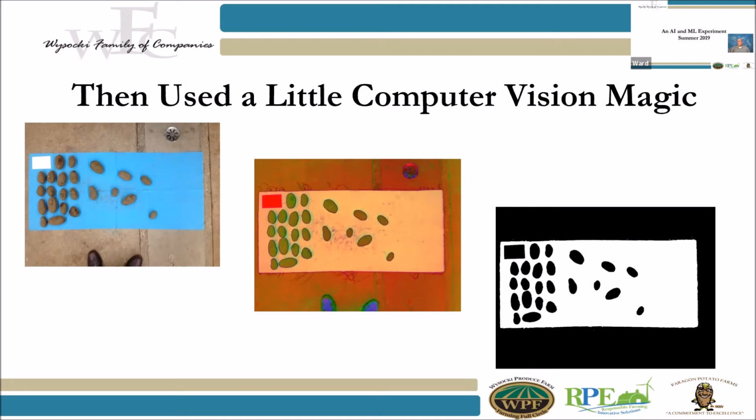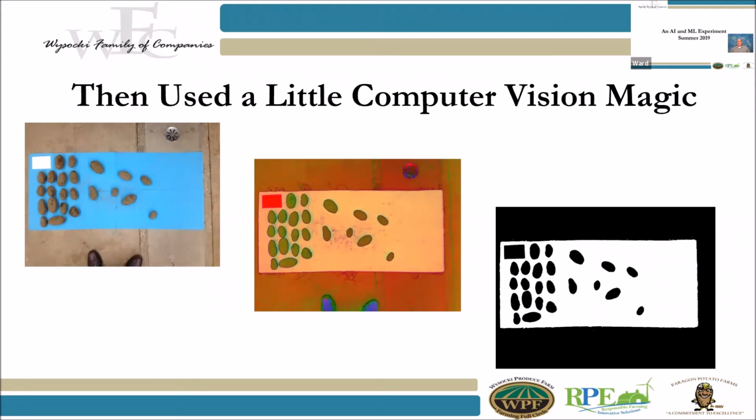The reason we put the card in the upper left corner is it was a 4-inch by 6-inch index card, and that allowed us to correct for any parallax error or any adjustment error or any distance error. So we knew that was a known fact. We knew that was 4 inches by 6 inches on every single picture that was taken. And so from there, we could run the next set of algorithms.